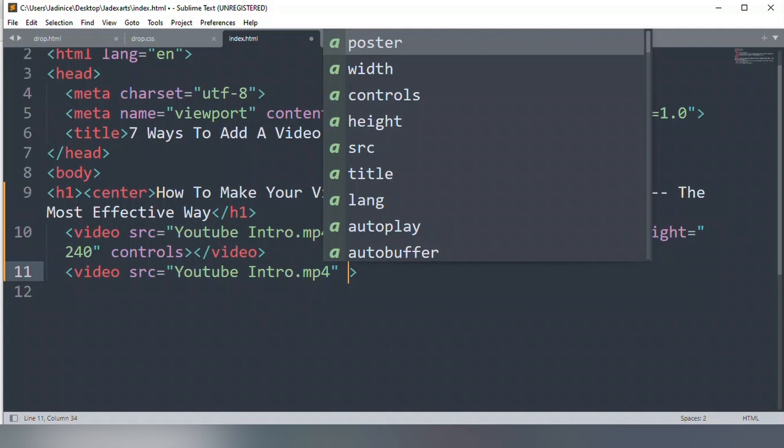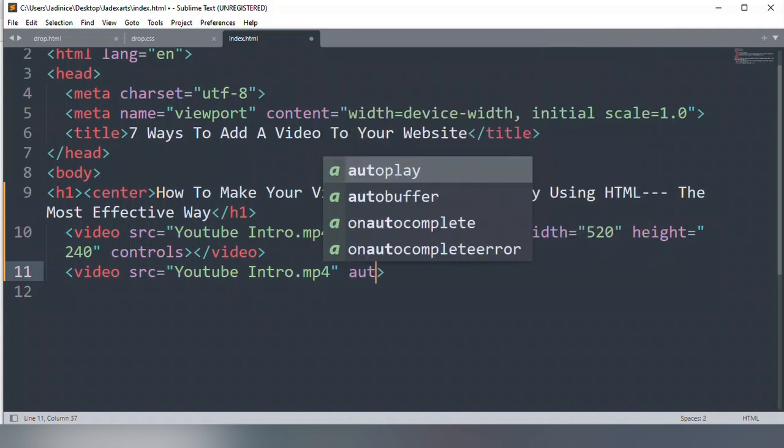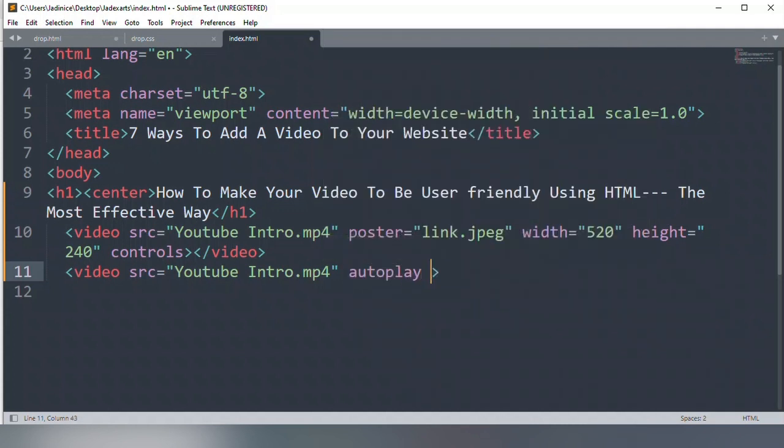This time we'll add the autoplay, the muted, and the loop. Now autoplay, as the name sounds, is to help it automatically play the video once the page has been refreshed.